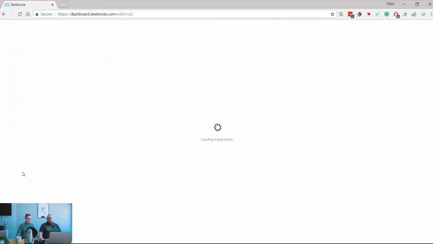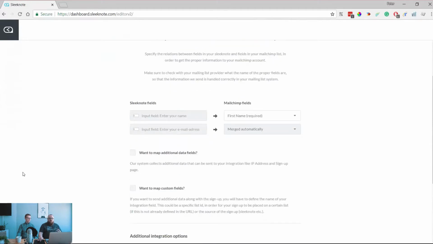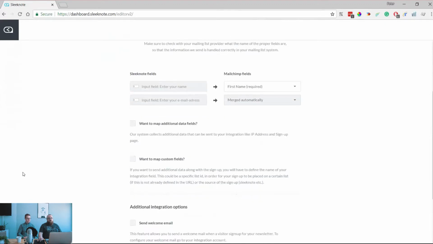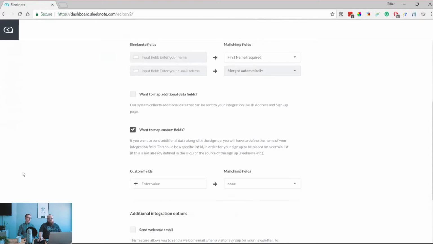I'll then continue to the mapping step, and here I can tell, well, the name that they enter in the Sleeknote should go into the first name field in MailChimp. The email field is automatically merged. That's because that's what they use as an identifier, so you can't move that anywhere else. But you do have the option of adding custom fields. So if you have a field in MailChimp for specific campaigns, I have one here, it's just called last name,